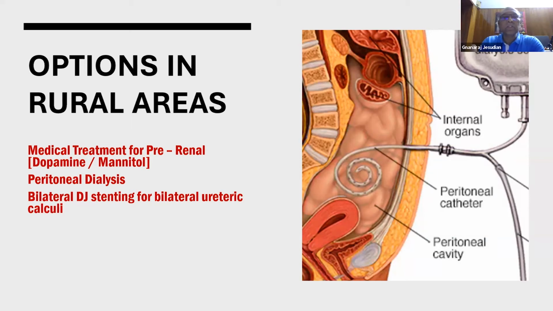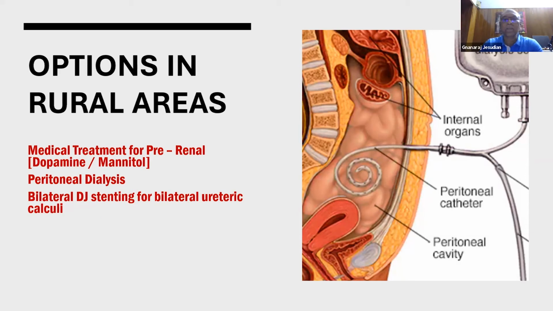But if it's not possible to do all this with the medicines, then the next option is peritoneal dialysis. Peritoneal dialysis also is not a very difficult thing to do, because if you have those fluids which are used for dialysis, you can either insert a long-term catheter like this, or if you don't have anything, just any silastic tube, a silastic Foley's catheter with multiple holes should suffice. You put that and leave the dialysate or peritoneal fluid inside the abdomen for 2-3 hours,